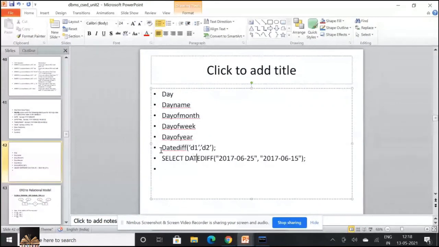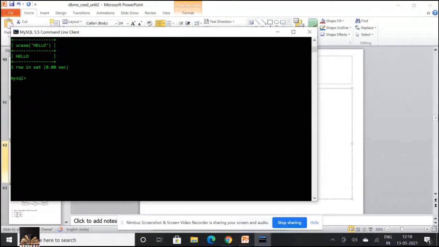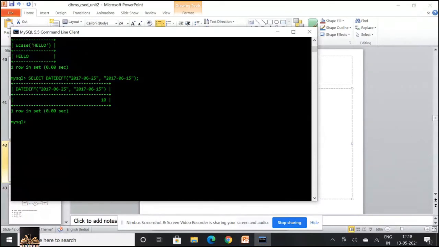So SELECT DATEDIFF of two dates, and I think this gives you a value of 10, the difference between the two days. Just trying to execute that. See, 10. The difference of those two particular days is given in terms of number of days.